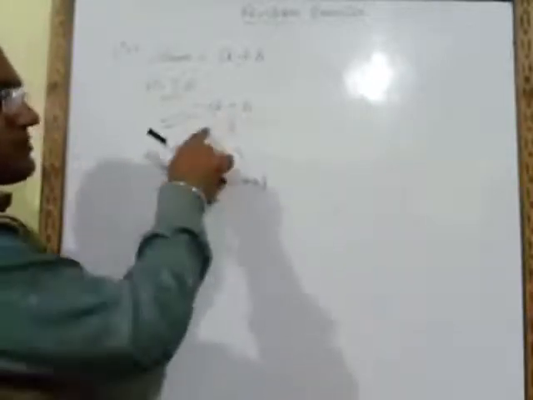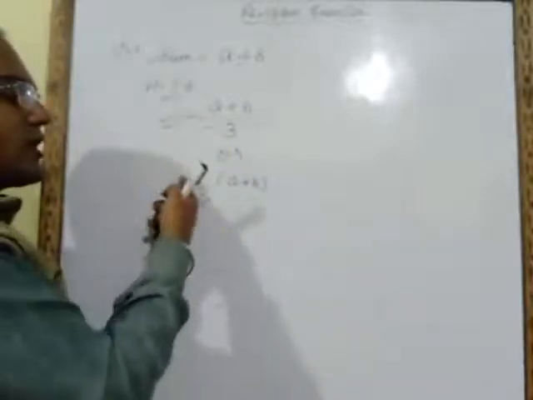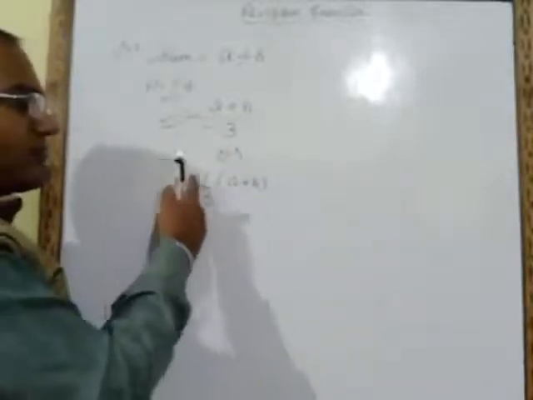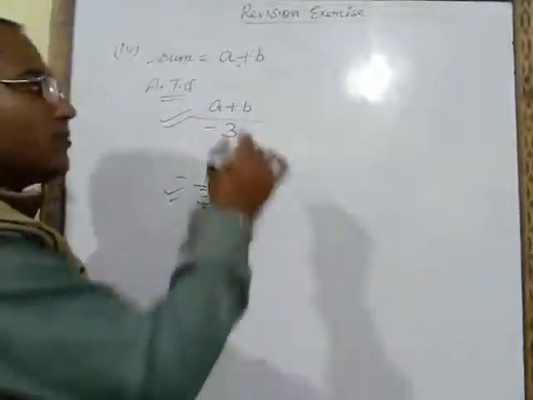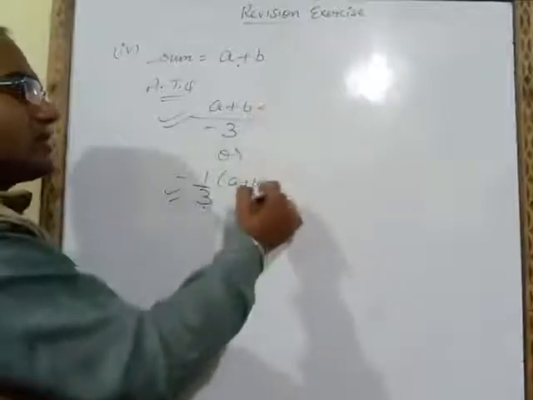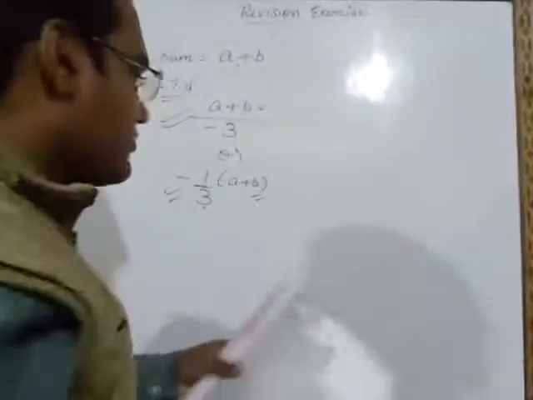Okay, and this minus sign, either you put this minus sign in the denominator or you put it in the numerator with -1, that is also correct. So you can use any method, both the ways are correct. Either you write like this or you write like this, both the ways are correct only. Now come to the second question.